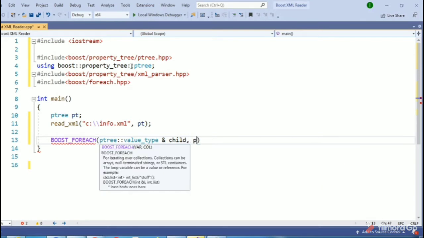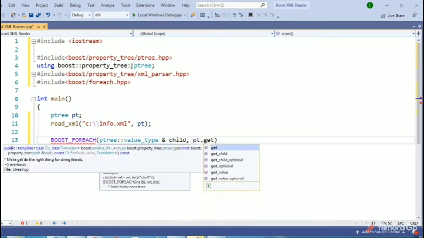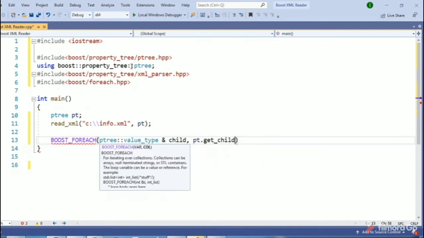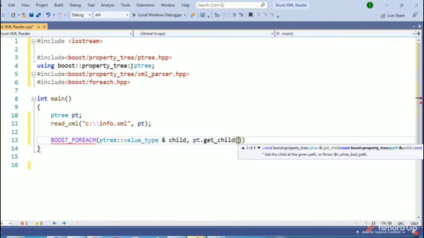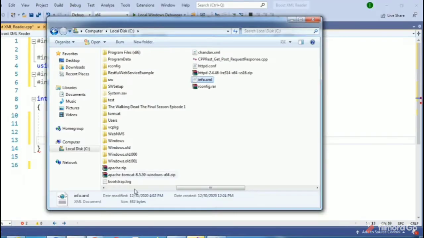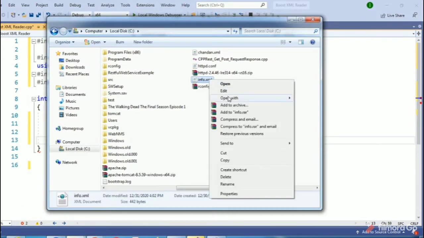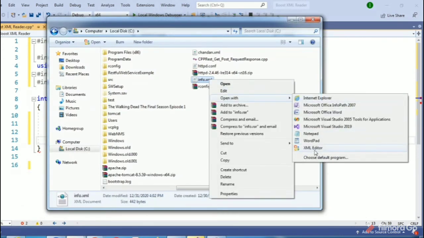Now we will have pt.get_child, and if you see the XML which I showed you here, let's open with the XML editor. Now you see that we have a child under local info and player info.